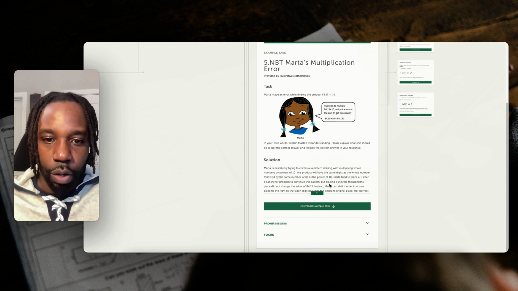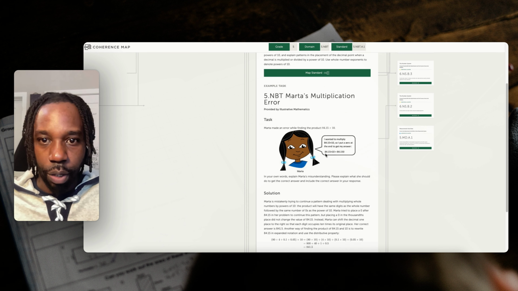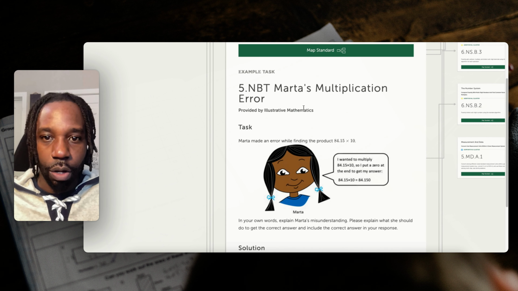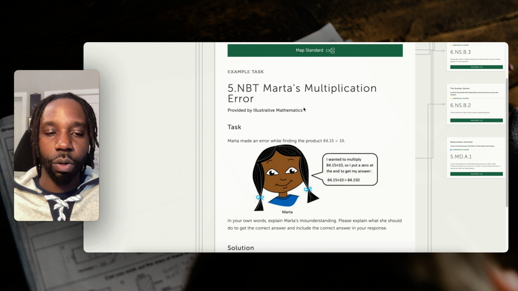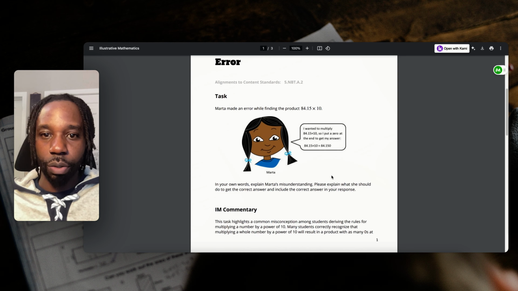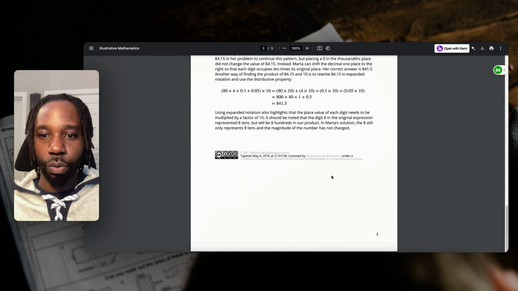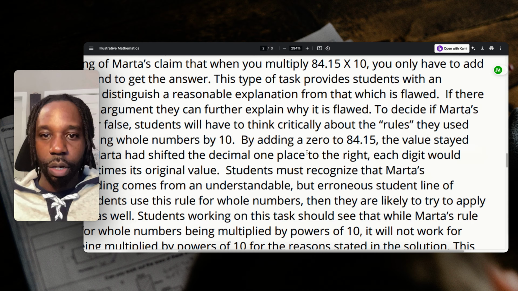Now, they also come with some great examples here. They have example tasks for each standard. So you can get a feel for what these standards are describing. It also shows you can download an example task card. So this is the whole thing written out. It's a little bit deeper. And it's all from